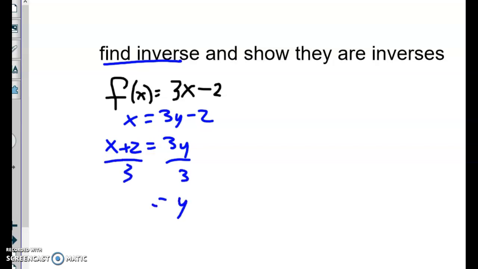And so I get y is x plus 2 over 3. Now, it could be rewritten as 1/3 x plus 2/3. And so to prove it, I need to say f of